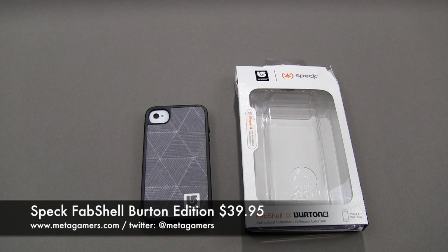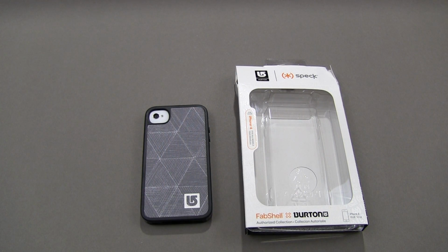This is the Speck FabShell, the Burton edition for the iPhone 4, all models including the 4S. I picked this up at speckproducts.com. It's going to run you about $39.95. I haven't seen it in local stores yet or Apple stores, but it might be making its way there, so